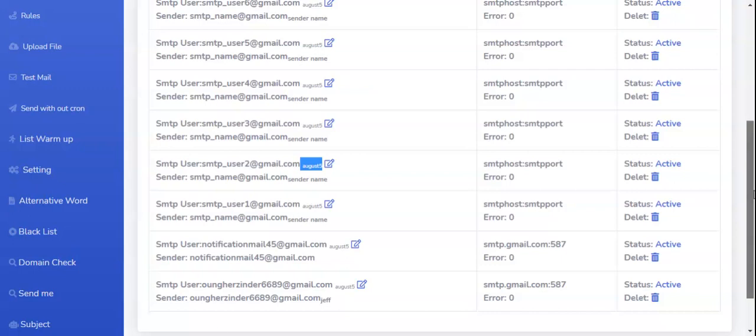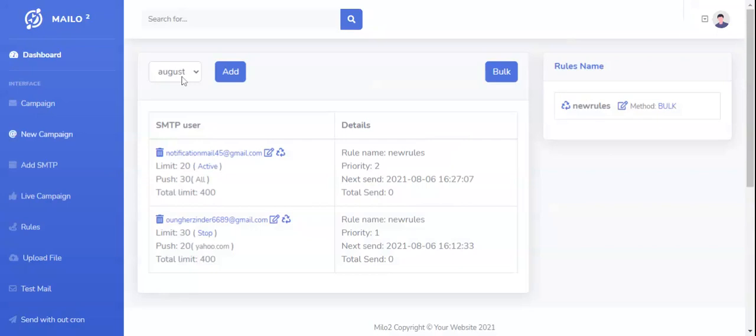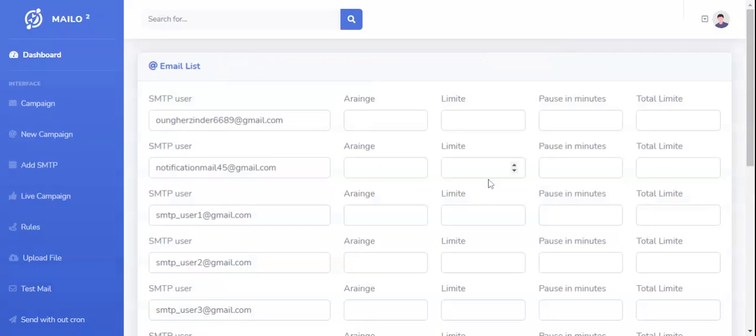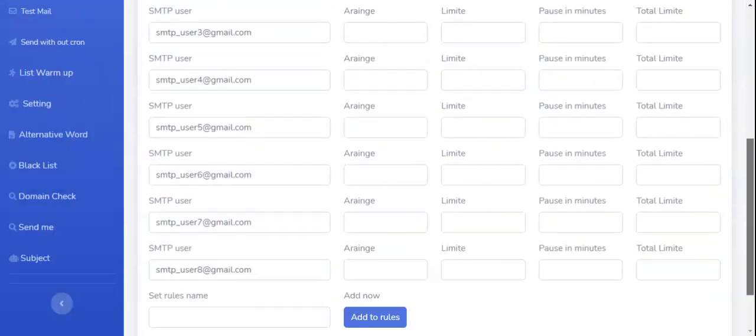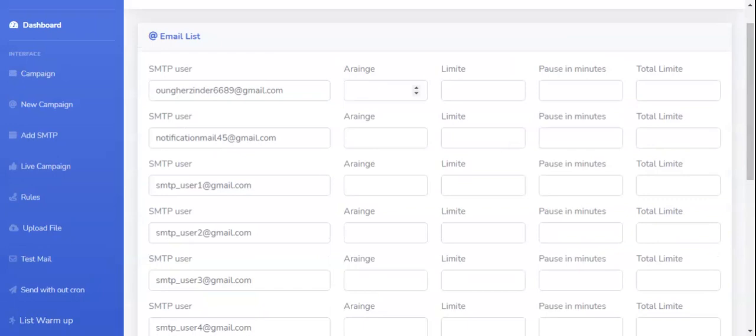Just go to the rules, and this is the group name. Add, and they are already there. If you set one, that means this is the first priority mail.